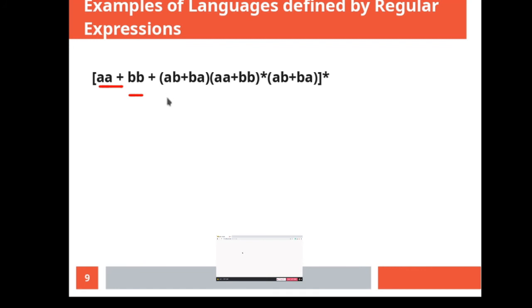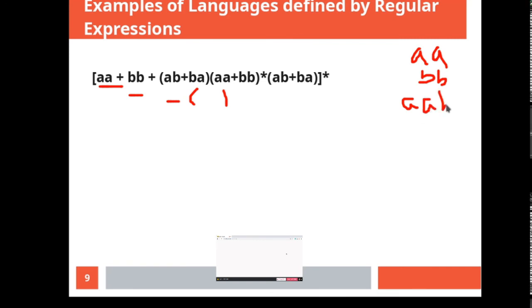Let me choose AB. After choosing AB, I again have a choice between double A and double B. Let me choose anything, and then there is a closure of this. So any sets of double A's or double B's. All A's will always occur in even clumps, and B's will also occur in even clumps. So you could have something like AA, or probably null also. You could have BB, and next time AA, and probably next time you don't choose AA and you go on to choose BB.